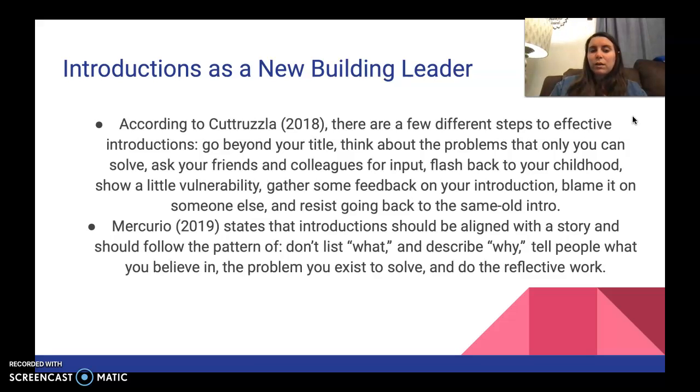Flash back to your childhood. Show a little vulnerability. Gather some feedback on your introduction. Blame it on someone else. And resist going back to the same old intro. And just to kind of tie that in,